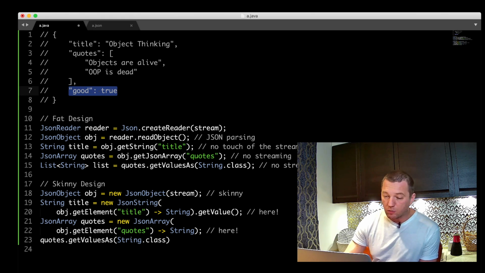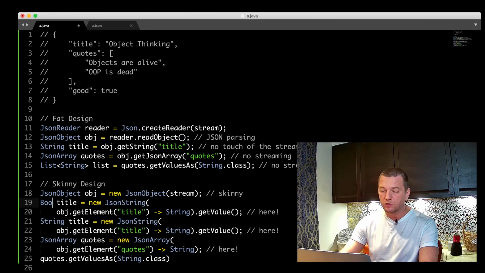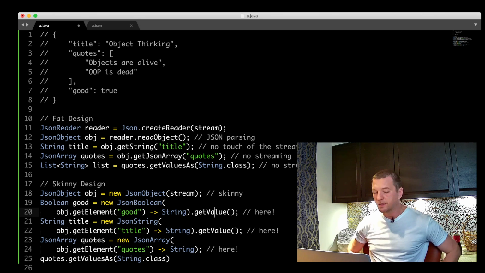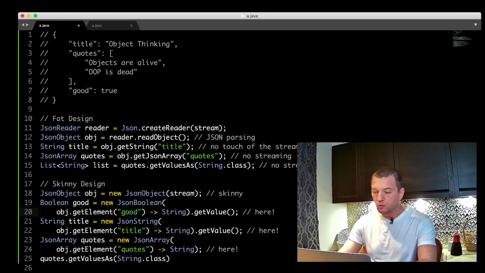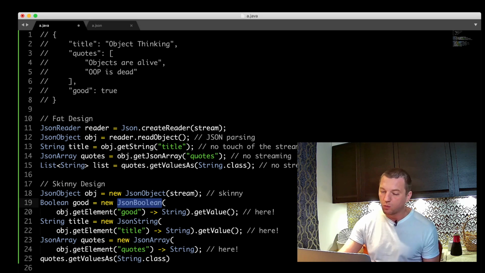In this case, we just introduce one new class. That's all we do. We say JSON Boolean, and that's it. Boom, get value. We just added a new class, which is able to work with a string.